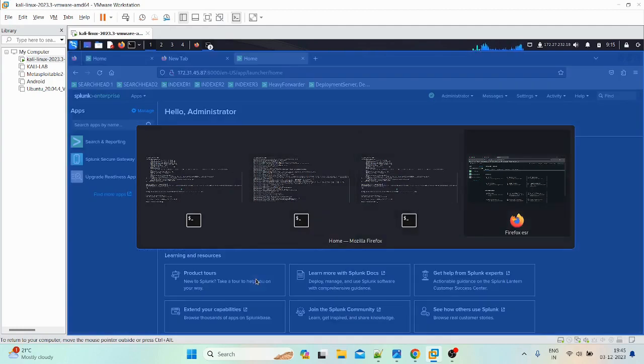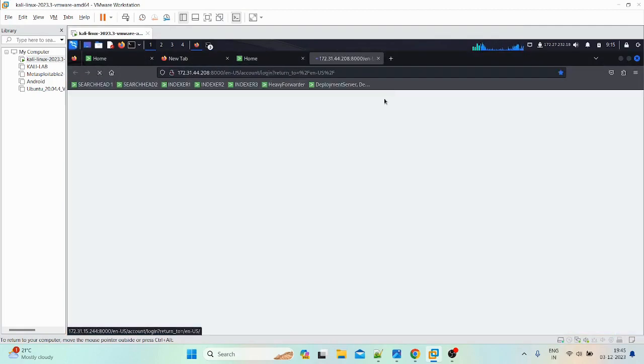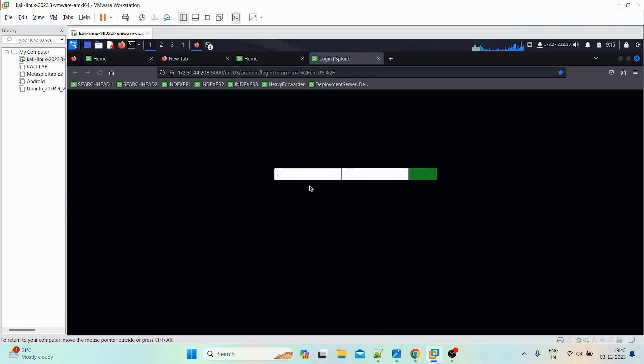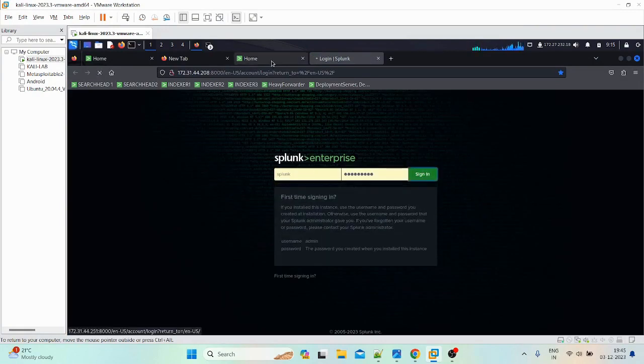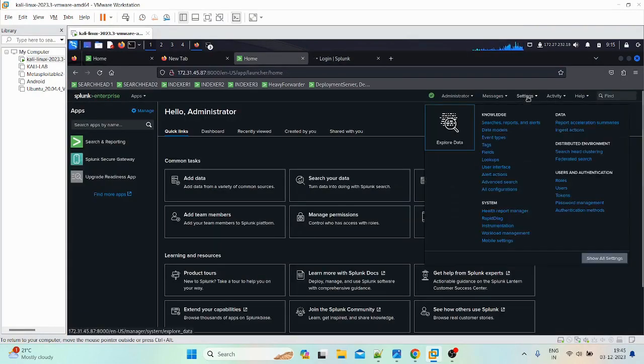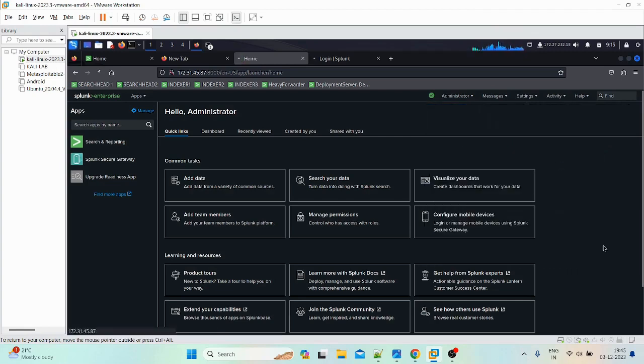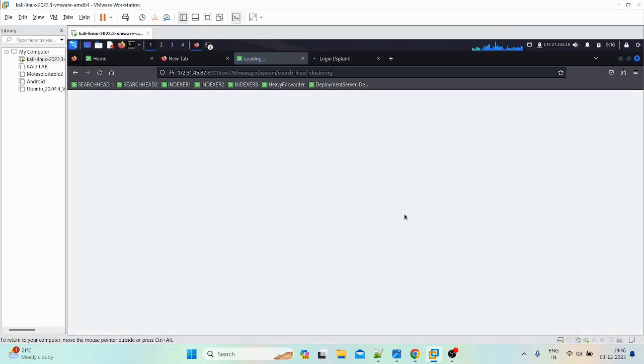Even our search head two is also restarted. So let us open that as well. Now, once you go to the settings, guys, you'll be able to see one more additional setting that comes up. Generally, it won't show for general Splunk instances, but once you enable the search head clustering, you'll be able to see this. If you click on the search head clustering,